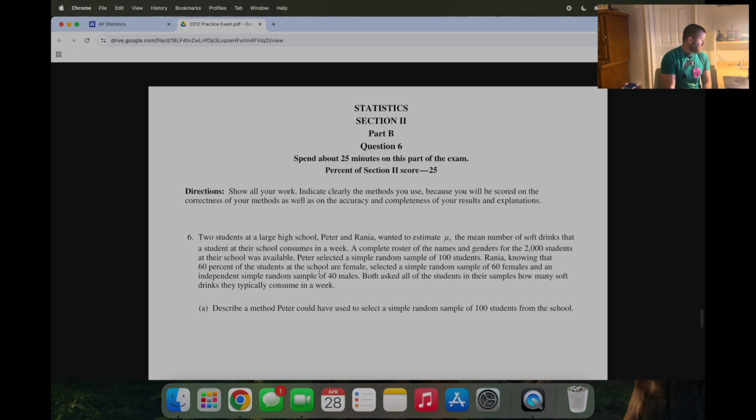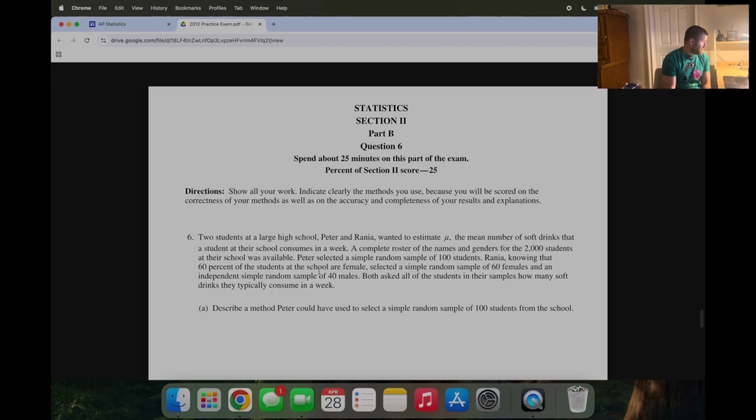And so I see in this question, we're trying to estimate the mean number of soft drinks that a student at their school consumes. Automatically, I'm thinking at some point I've got to do a confidence interval, right? Either way, Peter selected a simple random sample of 100 students, and then the other student here, whose name I'm not sure how to pronounce,